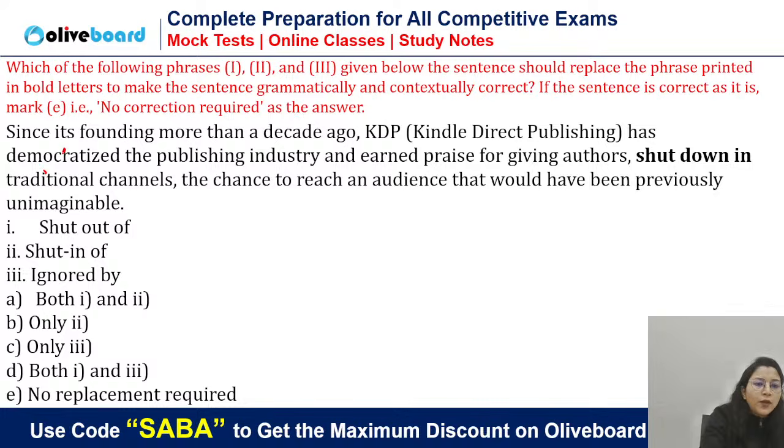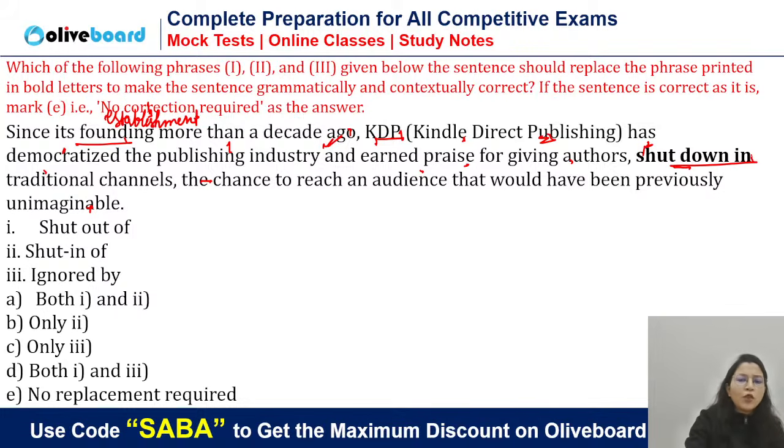Since its founding, founding means establishment. Foundation also would have been a better word. Since its establishment more than a decade ago. Who, what was established more than a decade ago? KDP. What is KDP? Kindle Direct Publishing. So it was established more than a decade ago, 10 years earlier. And since its founding, KDP has democratized the publishing industry and earned praise for giving authors shut down in